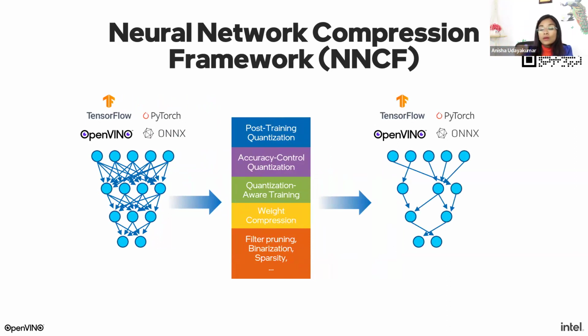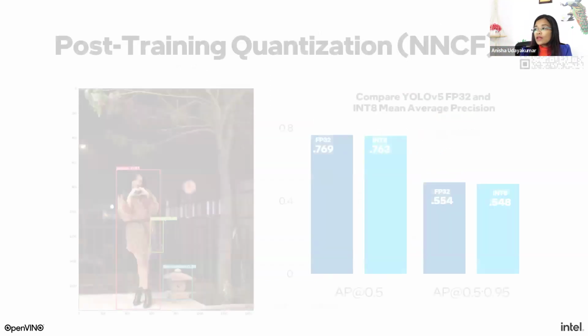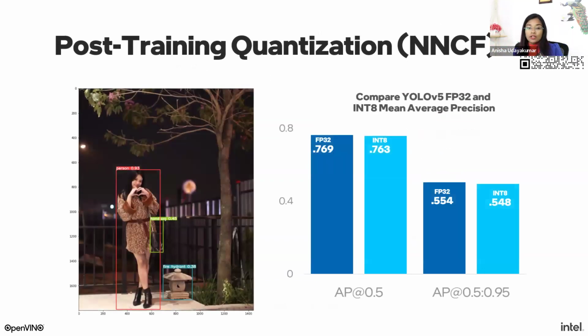And so you make the model lighter and run faster with just pip install NNCF, which is Neural Network Compression Framework. As you see, we talked about compromising with accuracy, right? It's very, very negotiable. What you see in this graph is the dark blue is FP32 format, which is 0.76, and the lighter blue is 0.76.